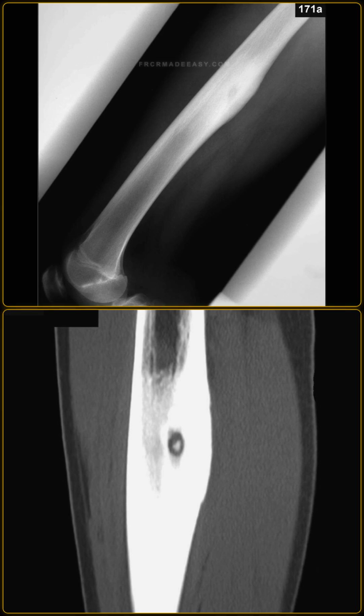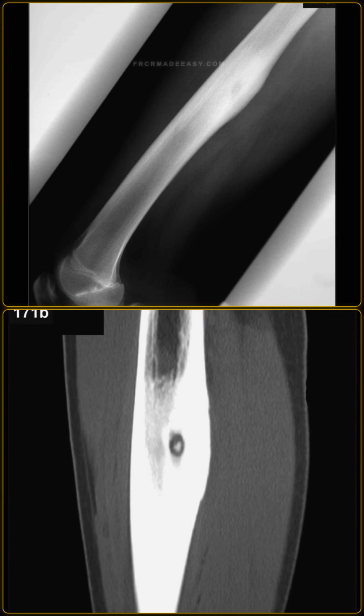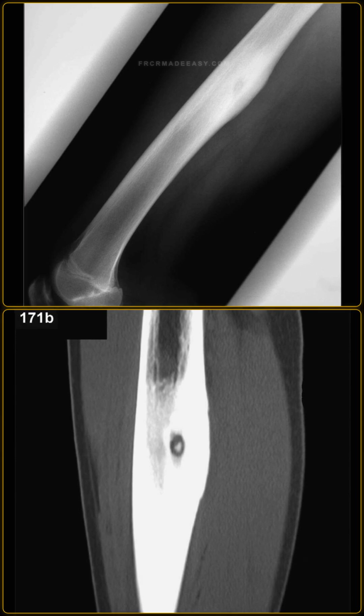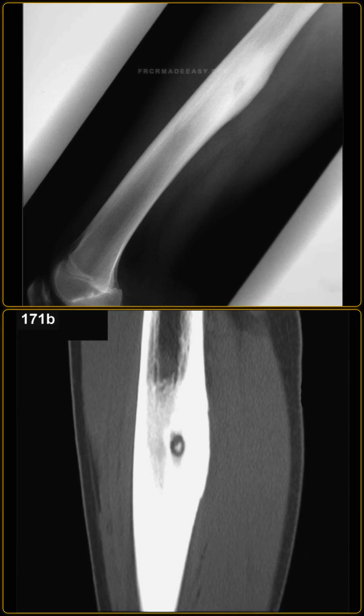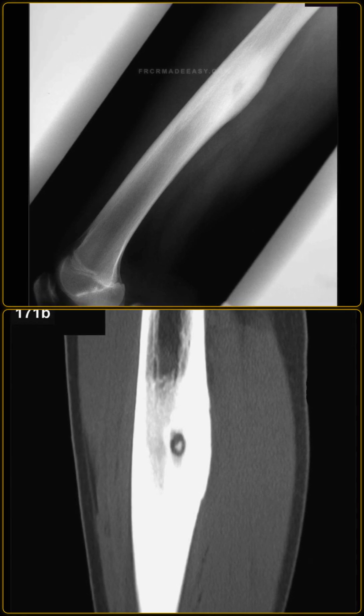I am showing you the corresponding computed tomography reconstruction of the femur. Describe the findings and explain the diagnostic value of this modality. The CT reconstruction clearly demonstrates the small, well-defined oval radiolucent nidus centered within the thickened sclerotic cortex of the femoral